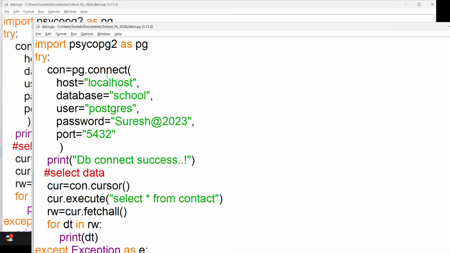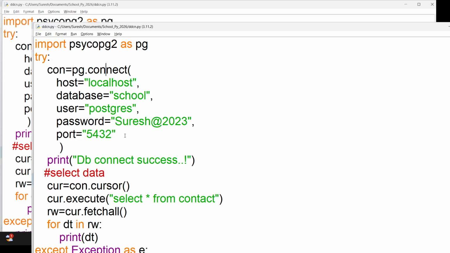Connect is basically used to establish the connection with the database. To connect any database, we need basic parameters: host name, which is localhost, and the database name, whichever database you have created. Username remains the same, port remains the same, host remains the same. Only two things change: your database name and your password.